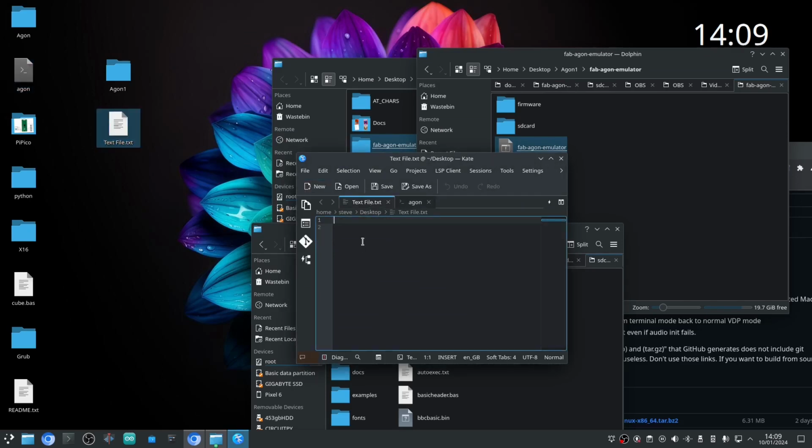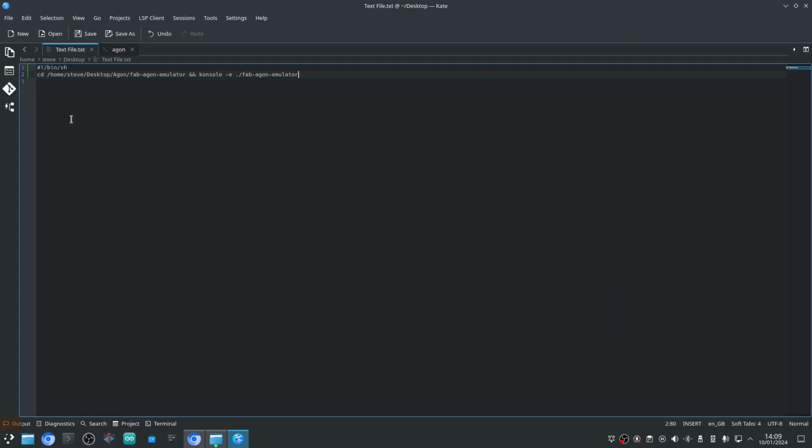Go over here, yeah. So line 1, paste. Now what you must do is make sure that this starts at the beginning, otherwise you get an error. For some reason, when you copy and paste it, it puts a space in there, or it does for me, so just be aware of that. And what we've got, let's save that, is this makes it a bash file basically, and so just put that